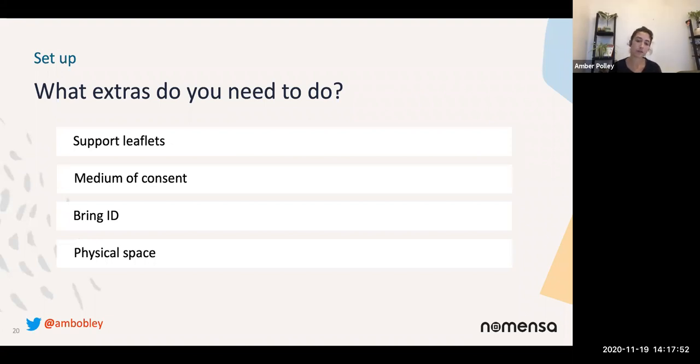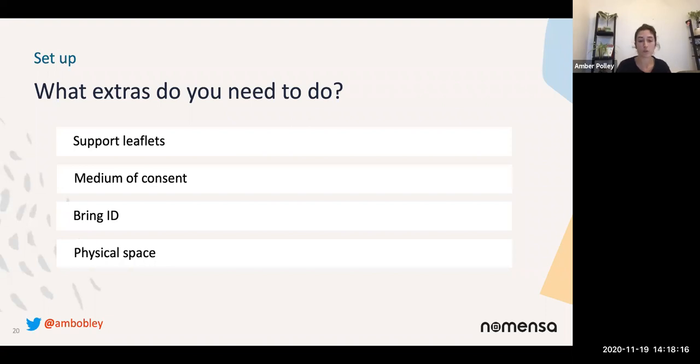And think about the physical space and plan for that. So at Mensa, we have a research lab in a particular room. We have set up a comfortable sofa and a chair, so we have a space for interviews in a comfortable environment, more like a lounge with warm lighting. And we also have a space for formal computer testing and things like that. So think about what that means for the individual participant.